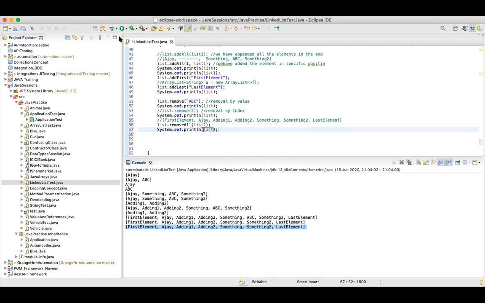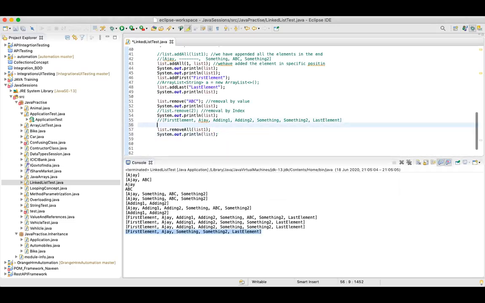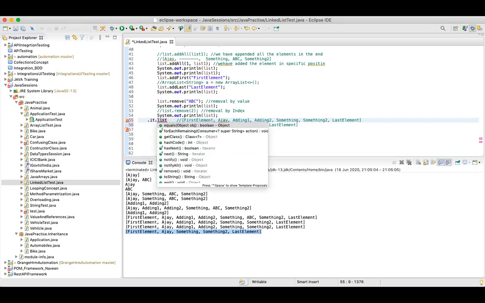Let me print the list. Now see my final list. Let's try to understand this. Initially I had these particular elements in my main list.